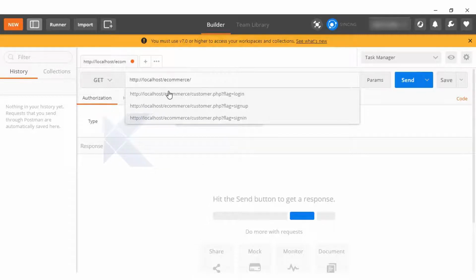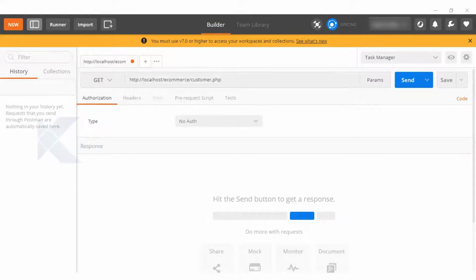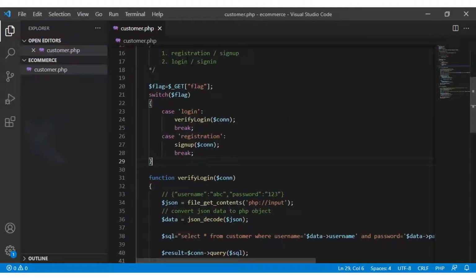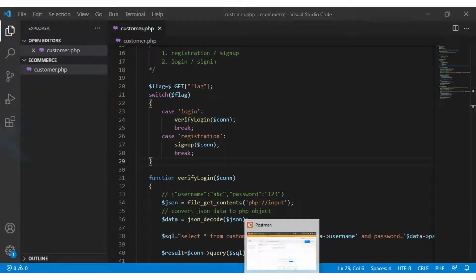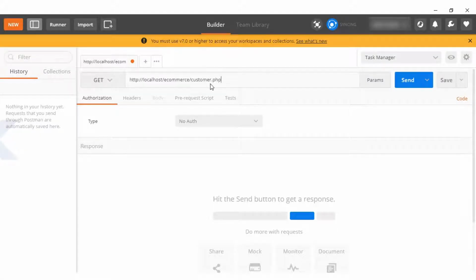And then the file inside that project, customer.php. We wrote the code inside customer.php in the ecommerce project folder, so that is what we type here, customer.php.